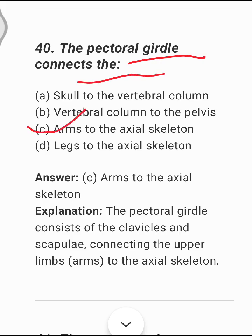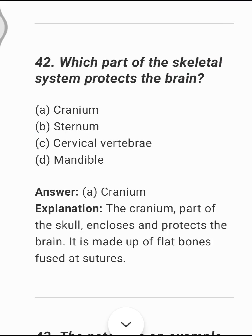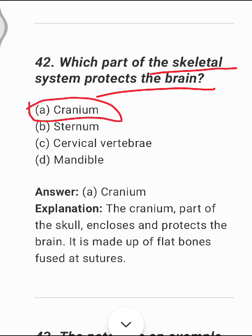Option number C. The outer membrane covering the bone is called periosteum. Option number B is the right answer. Which part of the skeletal system protects the brain? So it is the cranium of the skull, which is also known as the brain box, and it helps in the protection